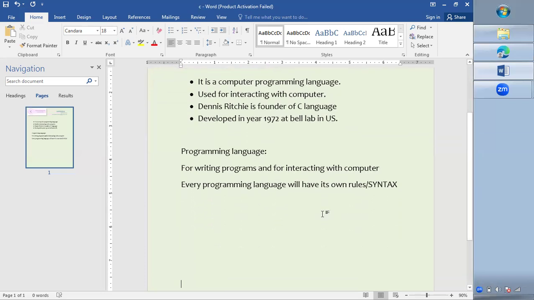So after writing the C program or any computer program, it will be translated to the machine language, that is binary language, which is understandable by computer, and then it is executed. That in detail we'll be seeing in some other video, but now we will be seeing a basic C program. So first we will see development of